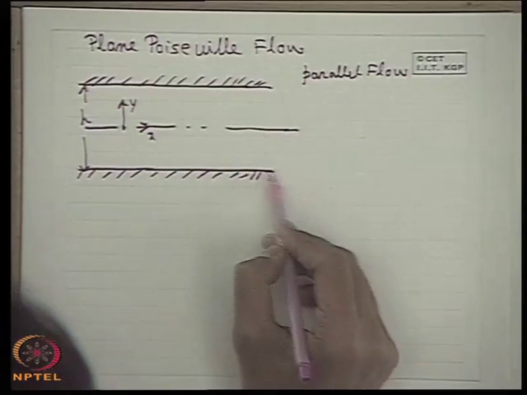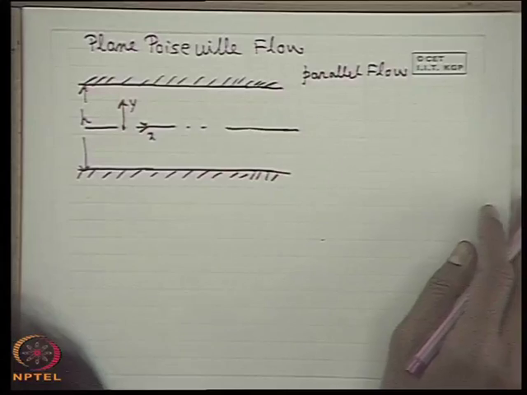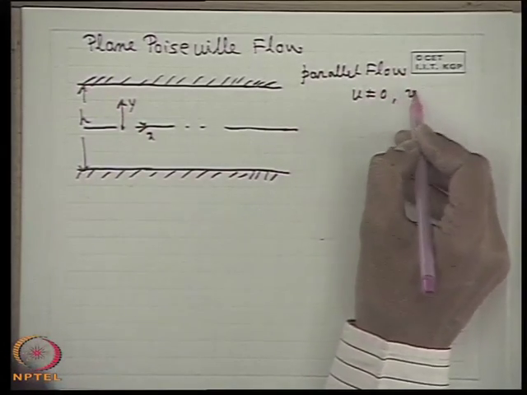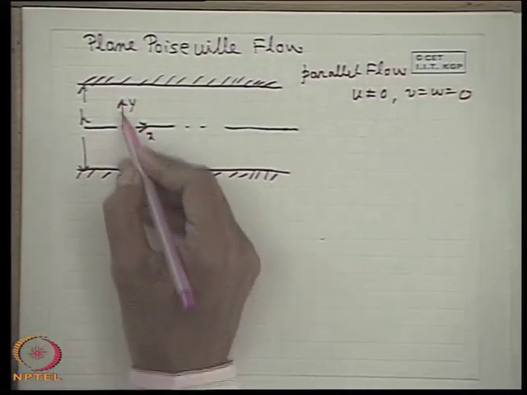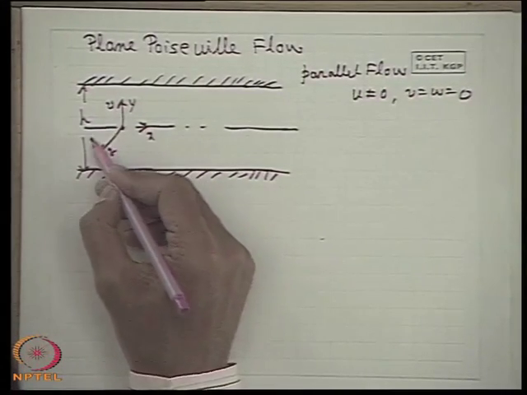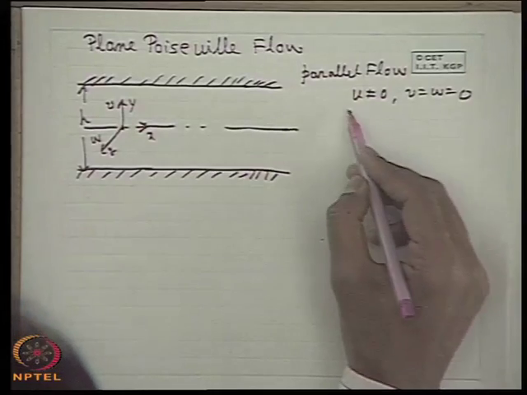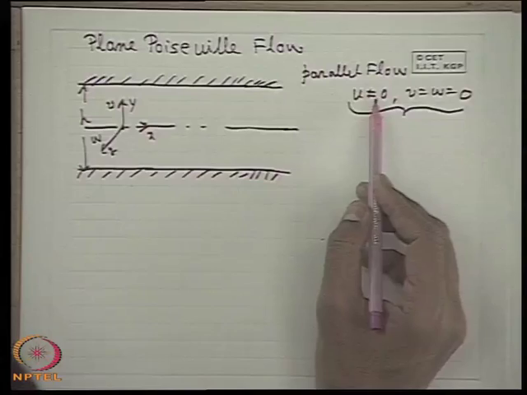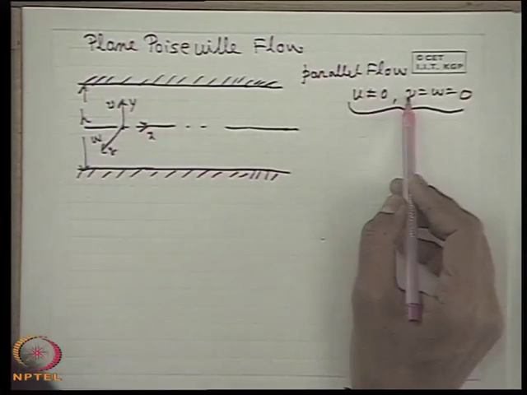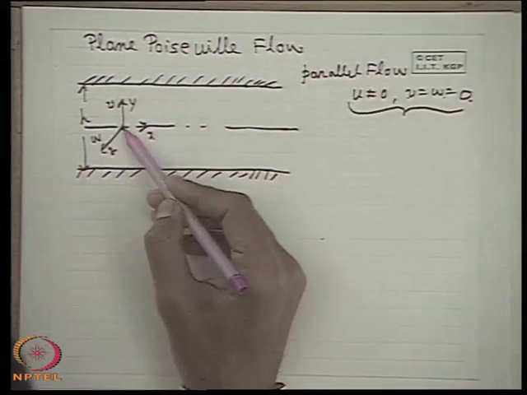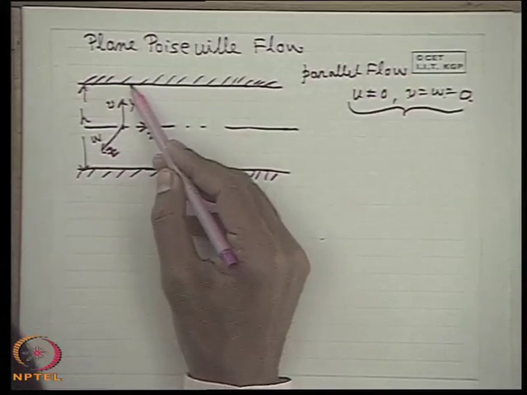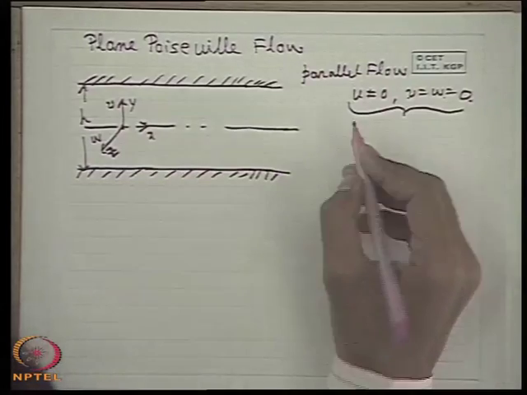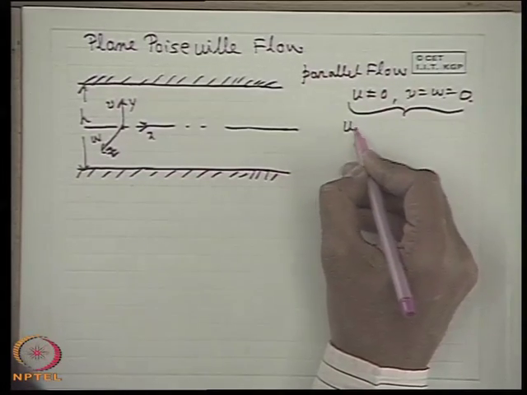Now, in this case, how do you derive the velocity profile? If you remember, this is a parallel flow where u is not equal to 0, but v is equal to w is equal to 0. That means the y component and z component velocities are 0, but u is not equal to 0. This type of situation we have derived earlier: if we consider a parallel flow where only one component exists, the other two components are 0, and the z direction dimension is much larger compared to the y direction dimension, that is the distance h between the plates, then the final expression we can write like this.